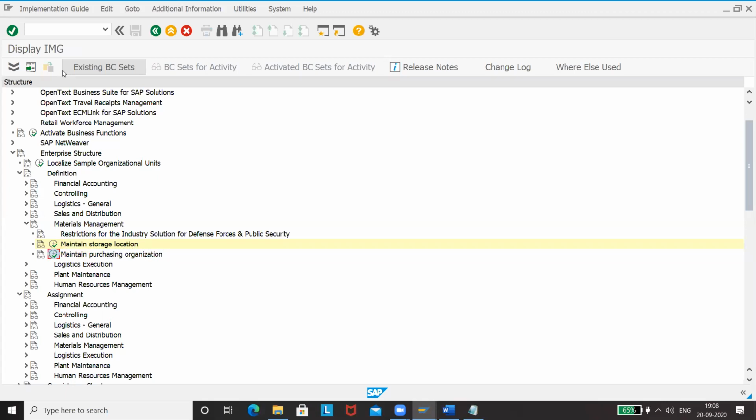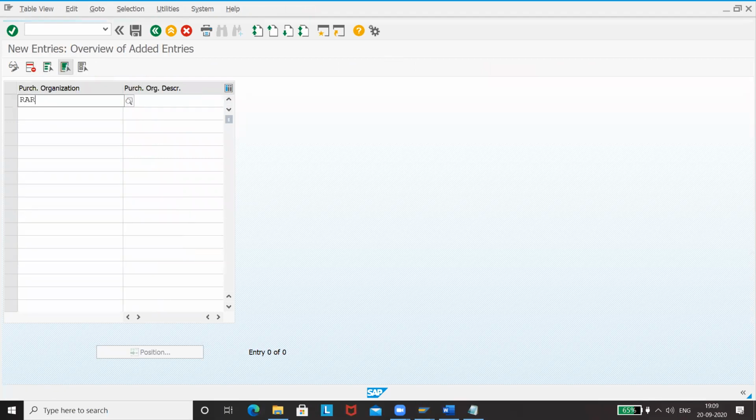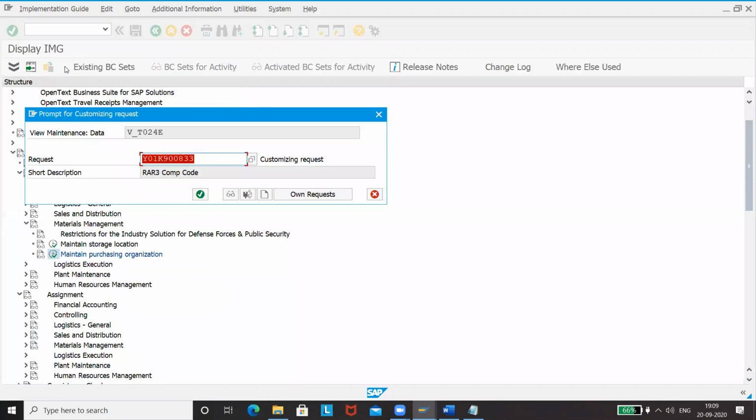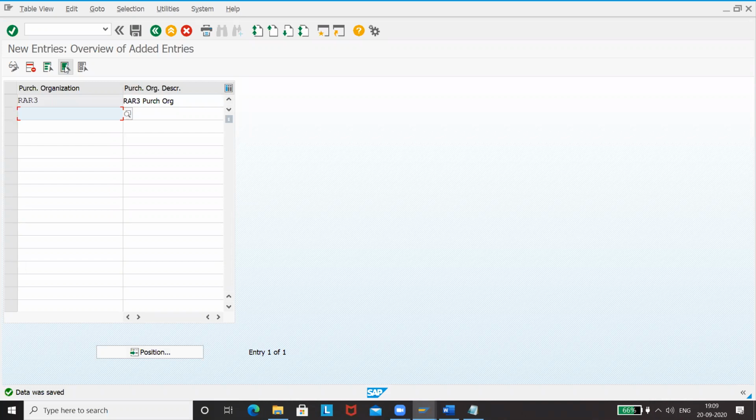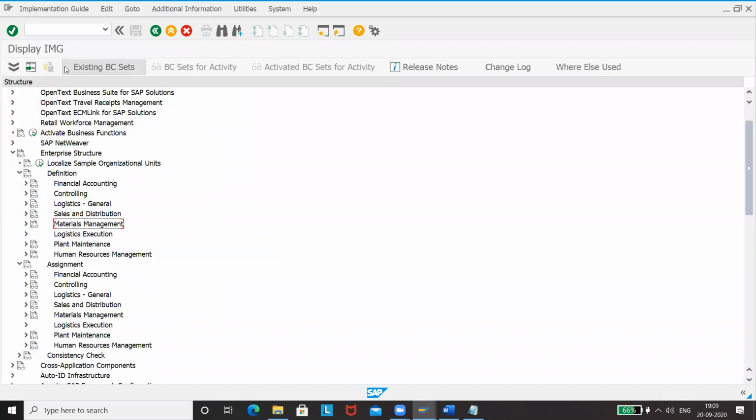And then maintain purchase organization. This is pretty easy. Now material management is completed.